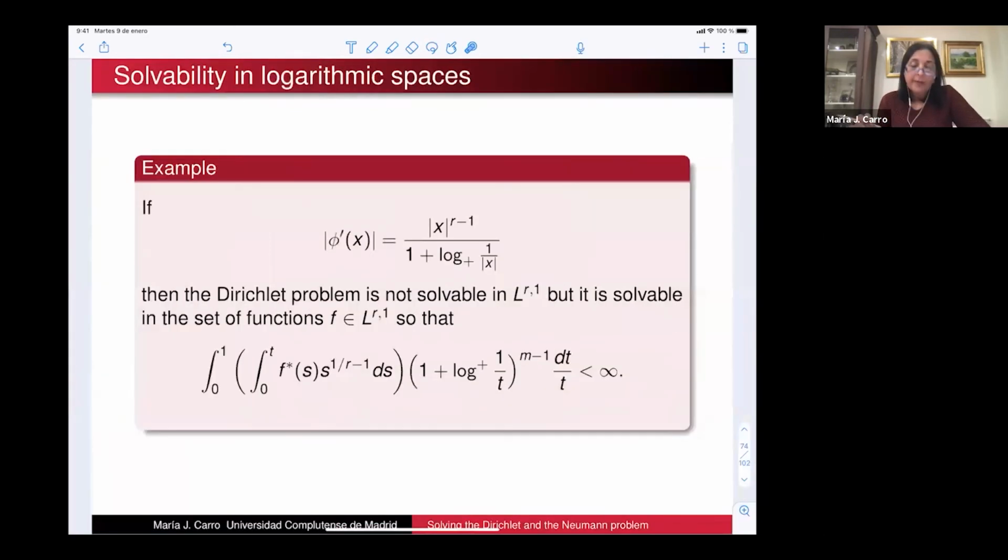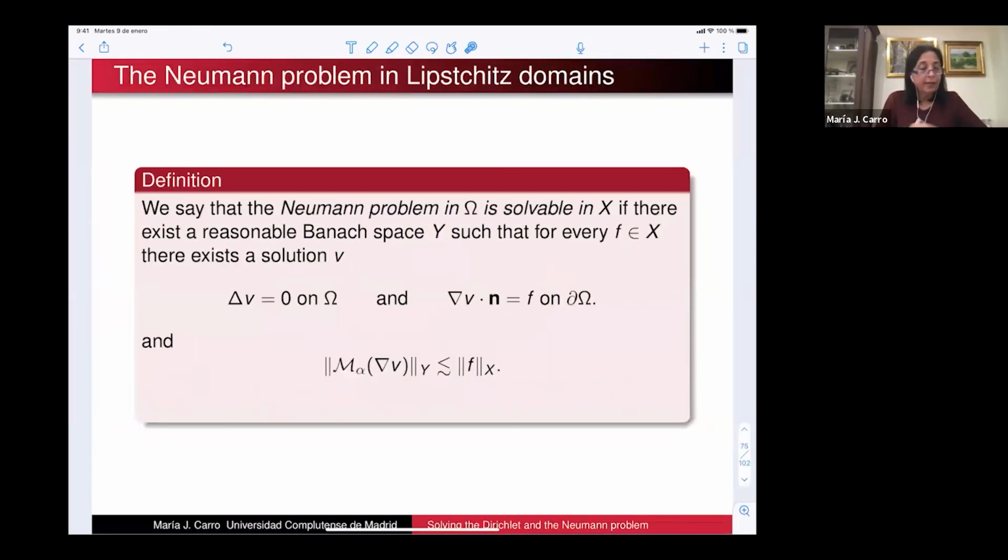And in particular, this is what happened with the example that I have given to you before, okay? For the Lipschitz domain corresponding to that case, it is not solvable in L^∞, it is not solvable in L^1, but we have managed to find the right integrability condition to have that the Dirichlet problem is solvable in that space. Okay, so this is what I wanted to tell you concerning the Dirichlet problem, and now we have to deal